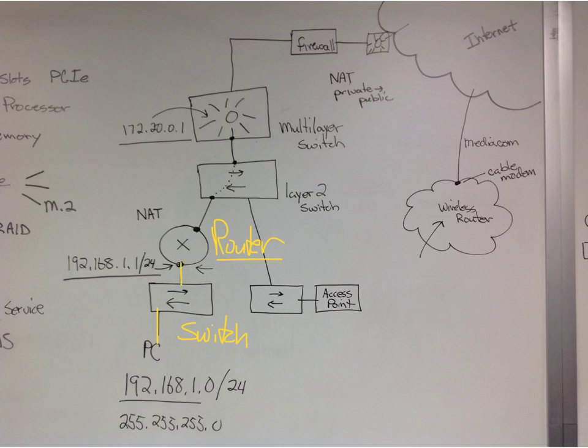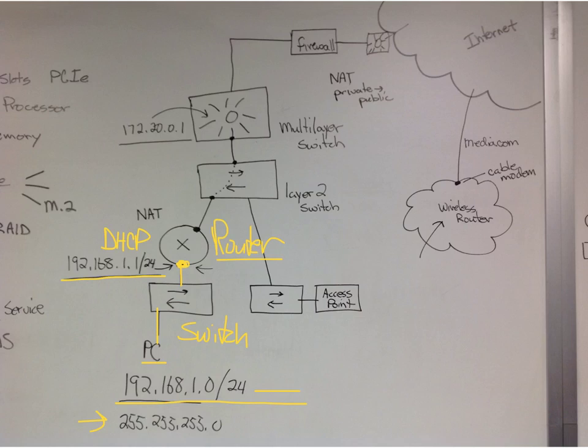The router was doing DHCP, and we looked at that in the router. This was the default gateway, the address right here in the router for these PCs. This was the network, the mask,